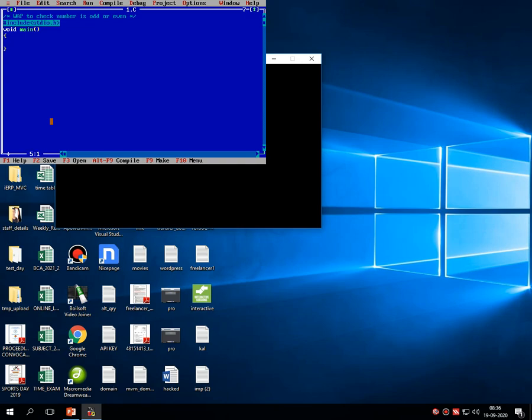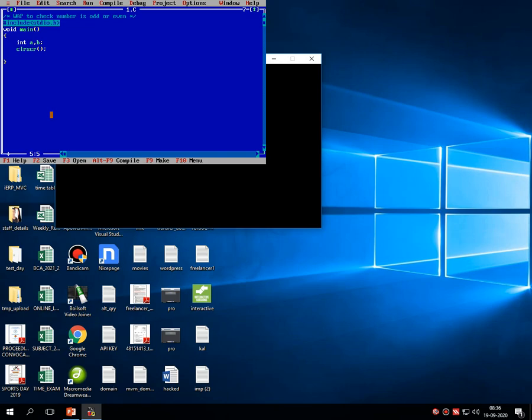Now, to make this program, after writing the structure of C, that is #include <stdio.h>, void main, opening and closing brackets, in between I first declare the variables a, b.